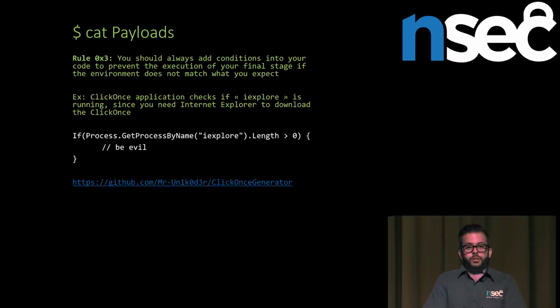So again, avoid running PowerShell directly. Avoid using the net family of commands because there are a lot of detection rules that are purely based on the function that you're going to call. So if you call net user or something, there's a good chance that you may be detected if they have detection for that. Try to avoid connecting to all systems at the same time if possible because it's pretty bad and super noisy.